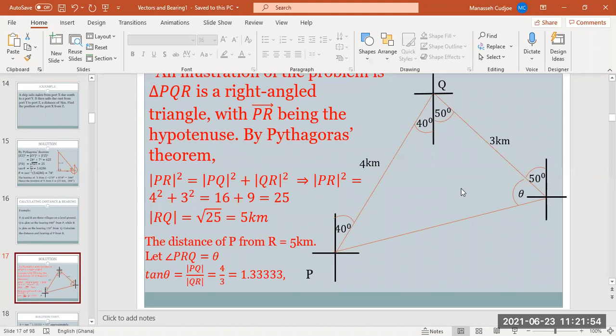So once the angle here is 90 degrees, we can now go ahead and use either our Pythagoras theorem to find this missing length, and also use any of the trig ratios, SOHCAHTOA, to find the missing angle. Great, so you can see me finding the missing length, that's the distance from P to R, using our Pythagoras theorem, I should say. And I end up having 5